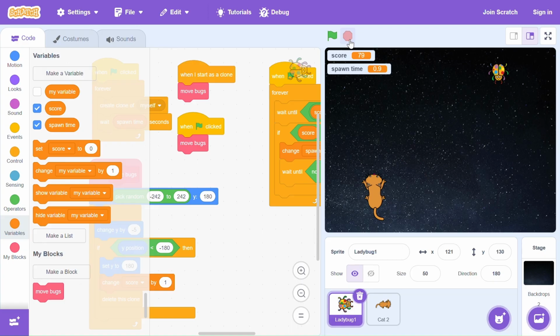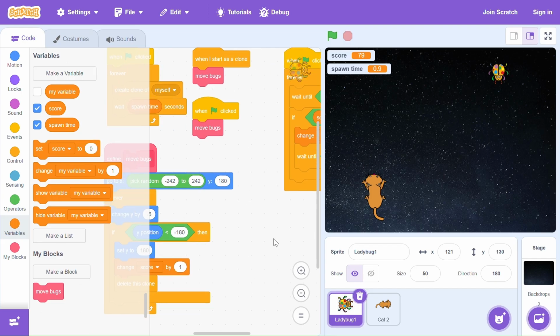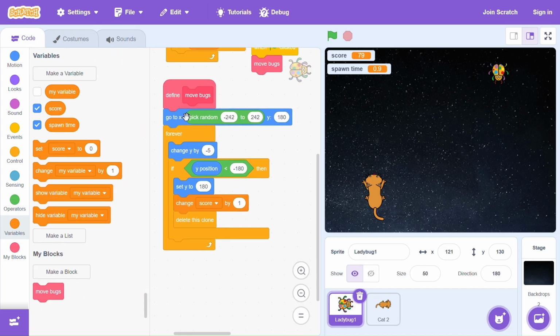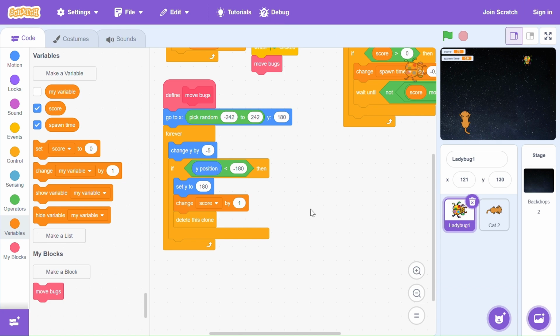Now the next thing we want to implement is that we want to make the bugs chase the cat. That's what we want to do. We want to make the bugs chase the cat. So to do that, we have to work on this logic under the move bugs function. So I'm going to again minimize the stage. Now what do we want to do? Think of it. We want the bugs to point and move in the direction of the cat,